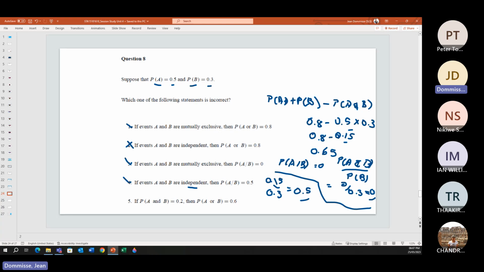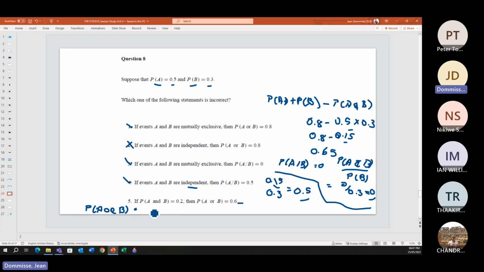Okay, so then the last one is, now they tell us if A and B is equal to 0.2, then A or B is equal to 0.6. Okay, so for this one, we would just use the normal formula that we have. So it's probability. Okay, sorry. So we can say probability A or B